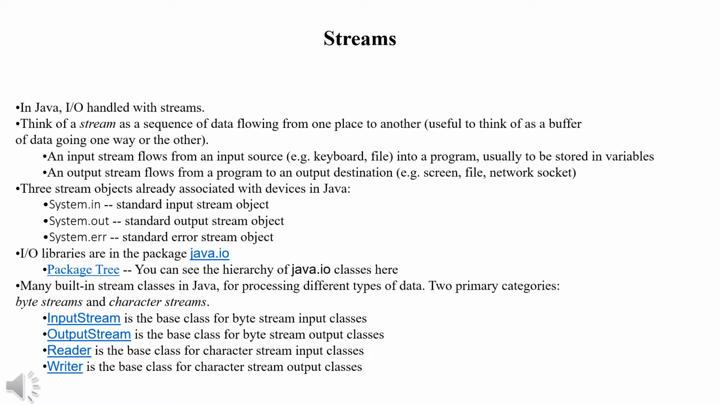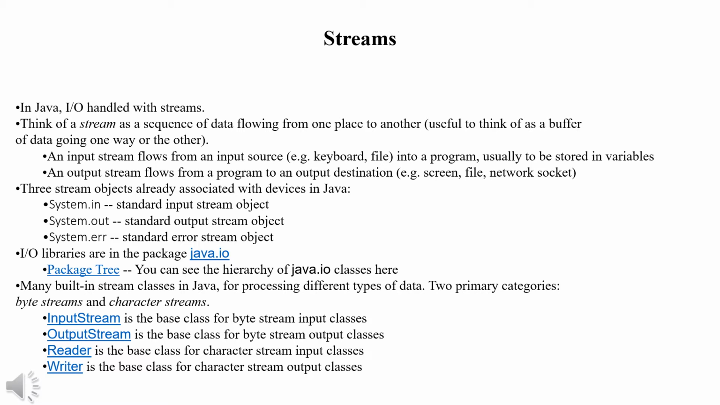Okay, let's see what streams are. In Java, input and output is handled with streams. So you may ask, what is a stream? Actually, you can consider a stream as a sequence of data flowing from one place to another, right? For example, it's useful to think of a stream as a buffer of data going from one place to another,